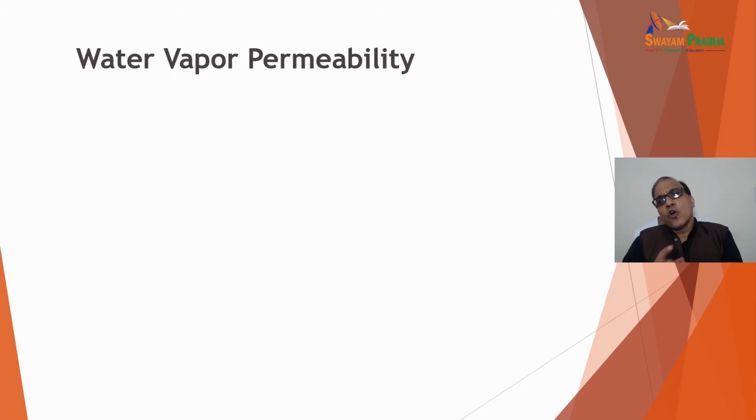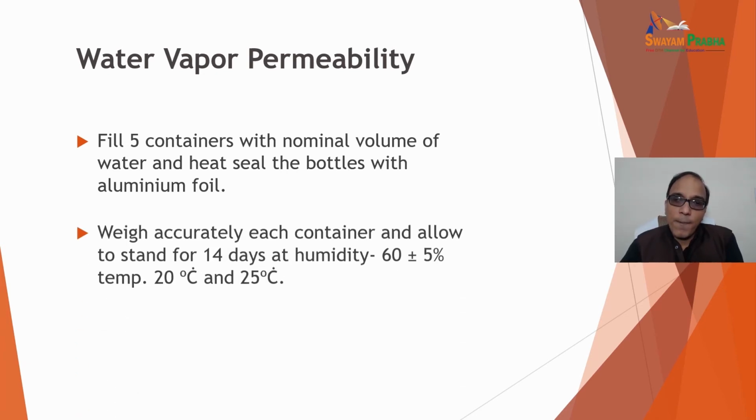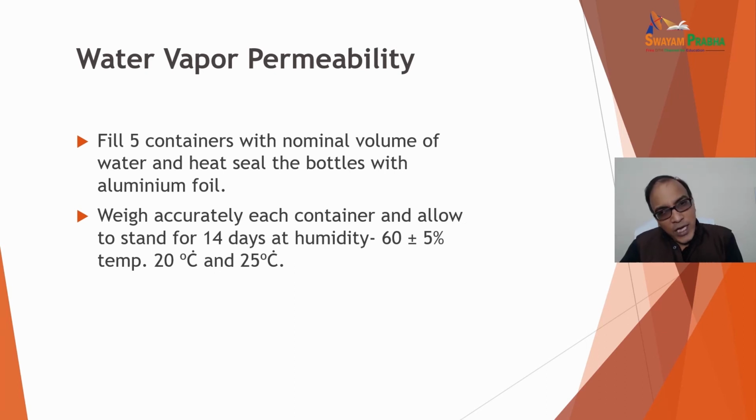Now moving to the water vapor permeability. This property is very important with respect to the containers. Fill 5 containers with nominal volume of water and heat seal the bottle with aluminum foil. Then weigh accurately each container and allow to stand for 14 days at humidity of 60 plus minus 5% RH